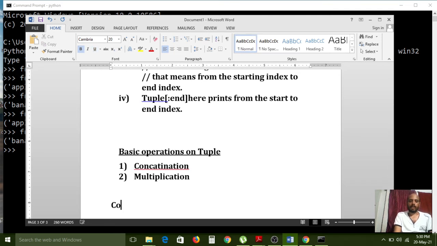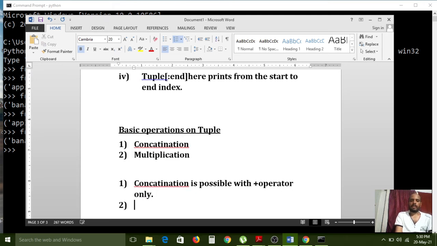Concatenation is possible with the plus operator only.